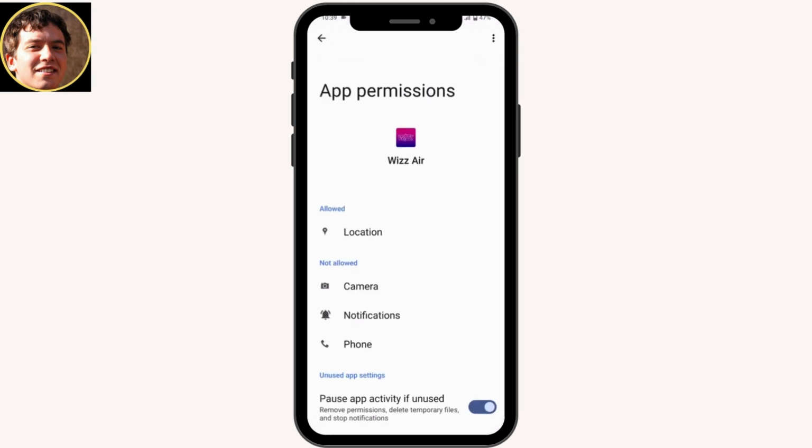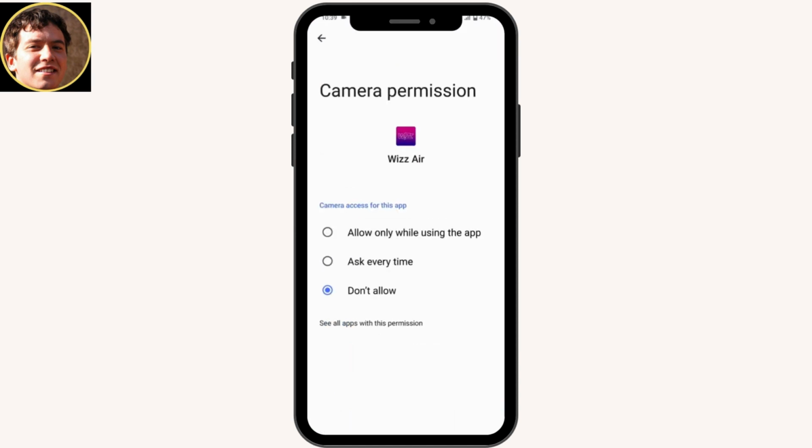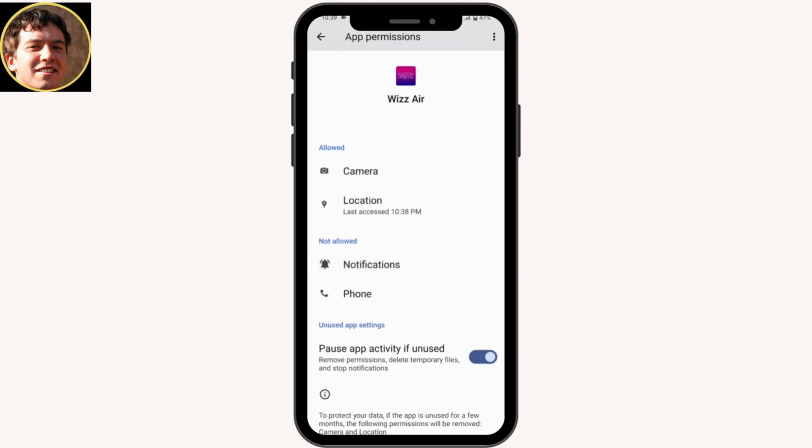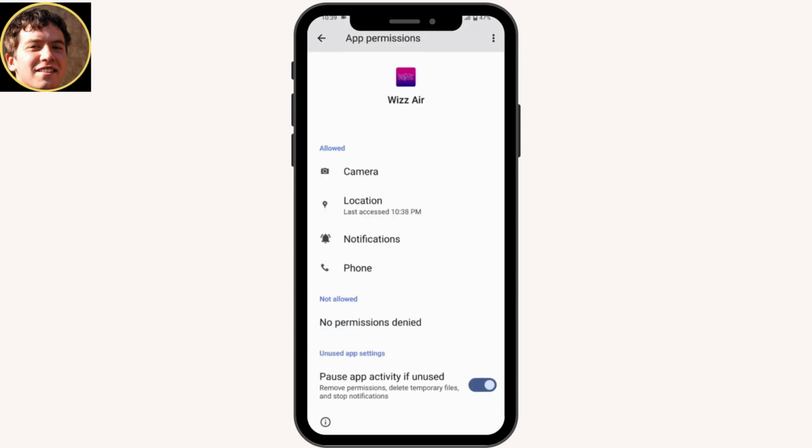Tap on permissions, and under your permissions, if you have not allowed anything like camera, notifications, phone or any other, then you need to simply tap on that and then tap on allow. And you need to allow all of that. And once you've allowed all of this, or once you've given the permission, then it will stop you from being restricted